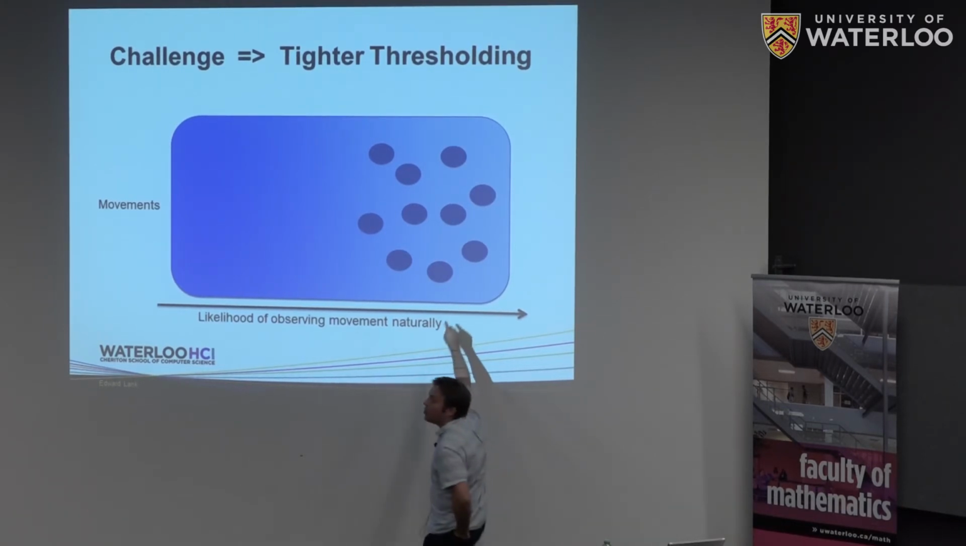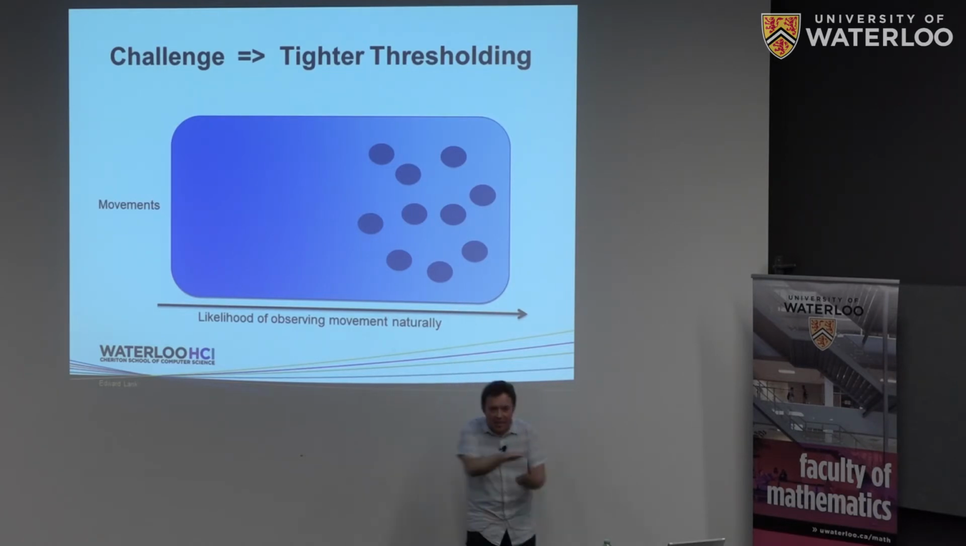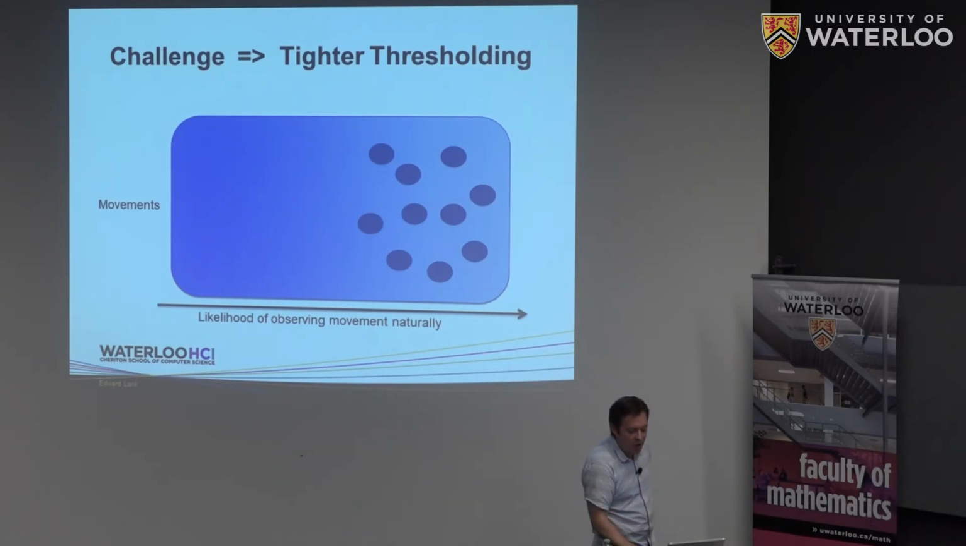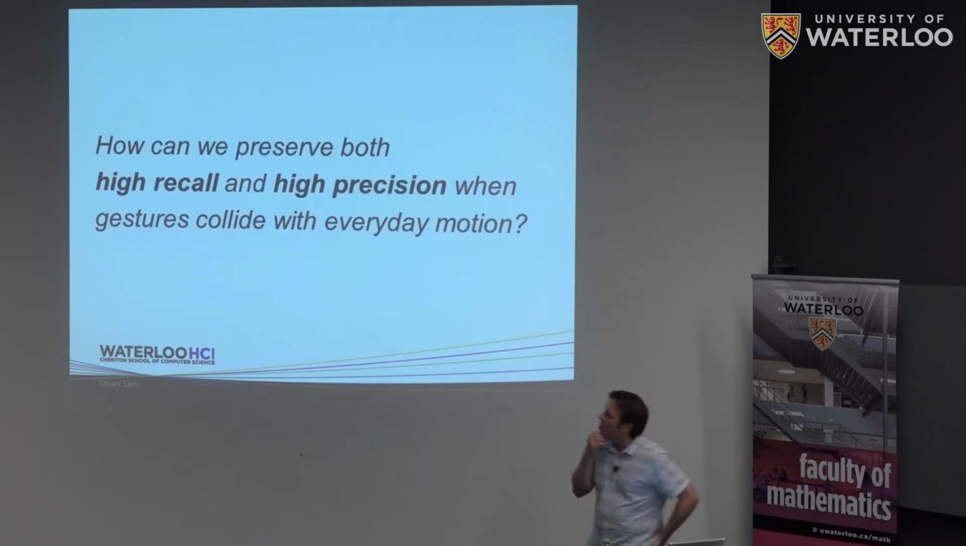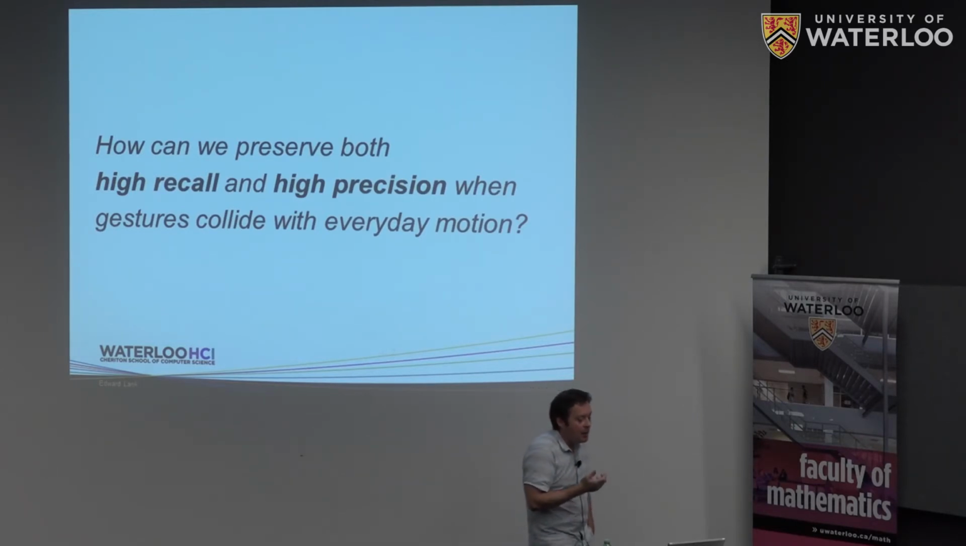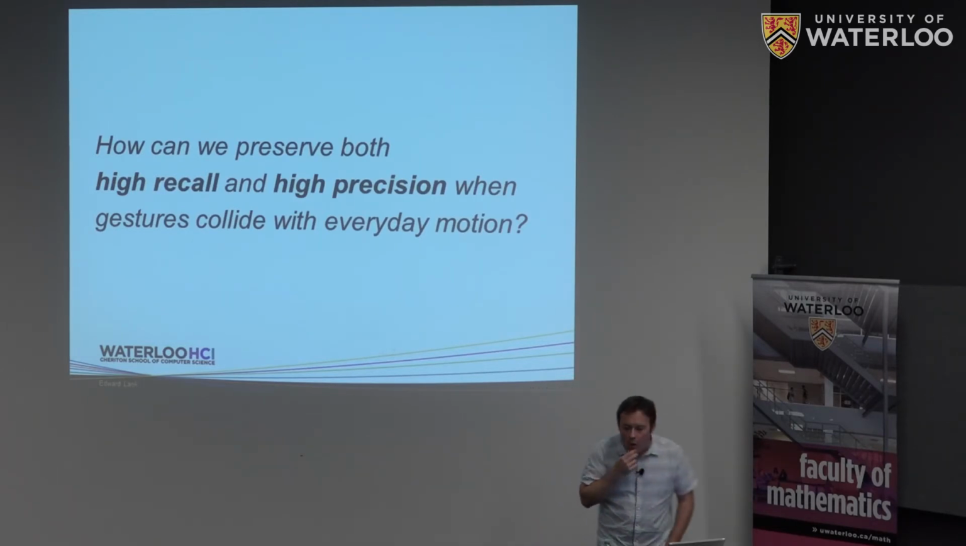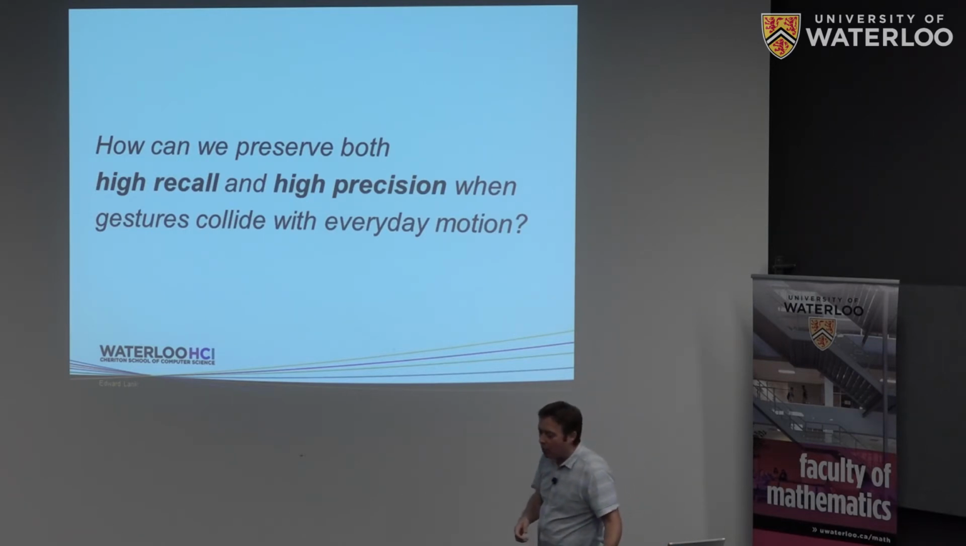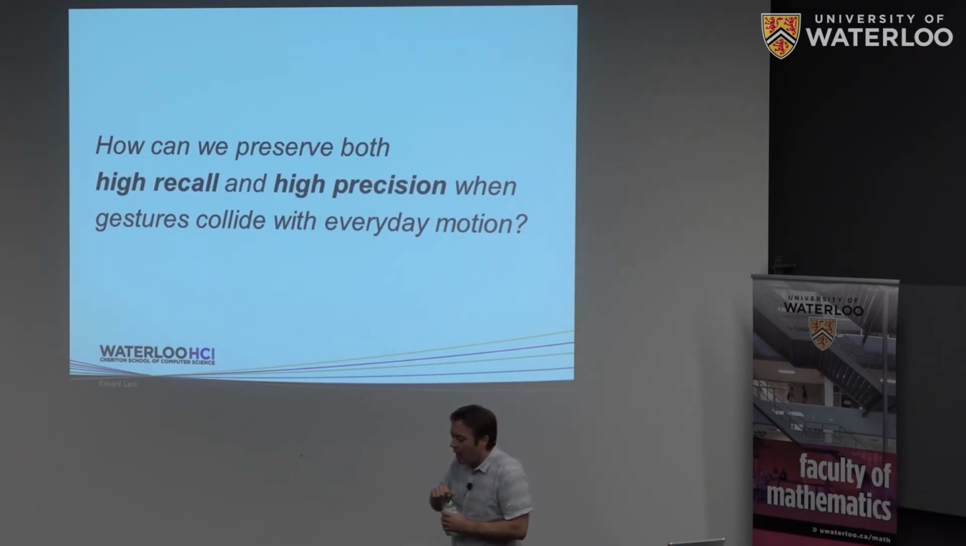It's harder and harder for users to hit these gestures precisely. If they need to move at a certain rate with a certain orientation, they start to create errors in the system. And so you've got this trade-off between precision and recall. One of the things that we asked is, is there a way that we can preserve both high recall and high precision when gestures collide with everyday motion? And in order to talk about some of the work that we did in this space,